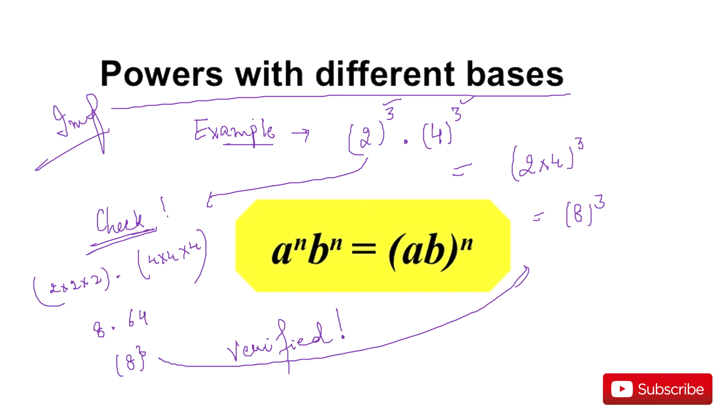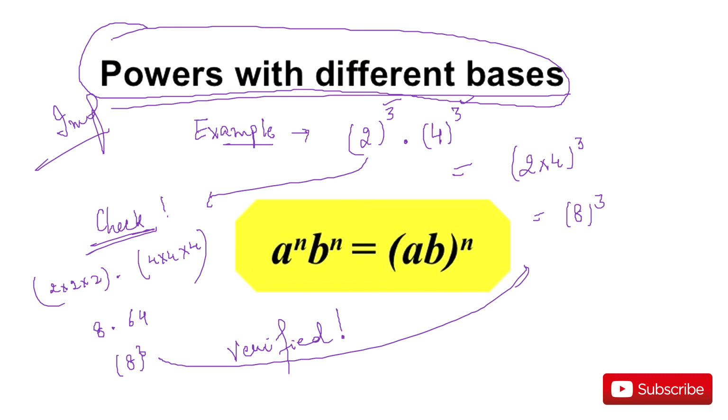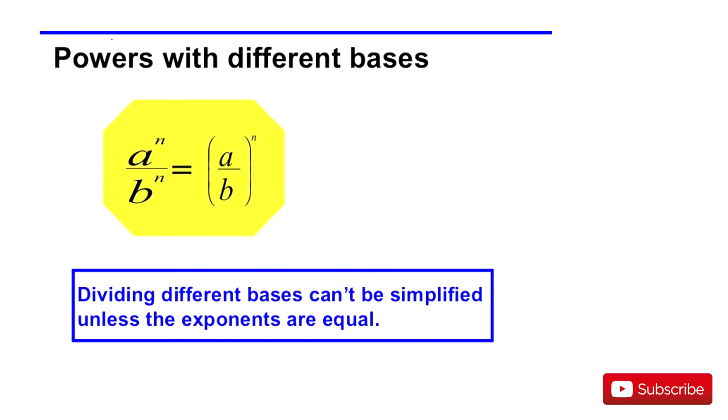Right? So that means we have also understood powers with different base. How they are done? Base हम multiply कर देते हैं, power same होती है तो हम powers को सीधा add कर देते, we never subtract or we never multiply, we always add. Okay. Now powers with different bases.